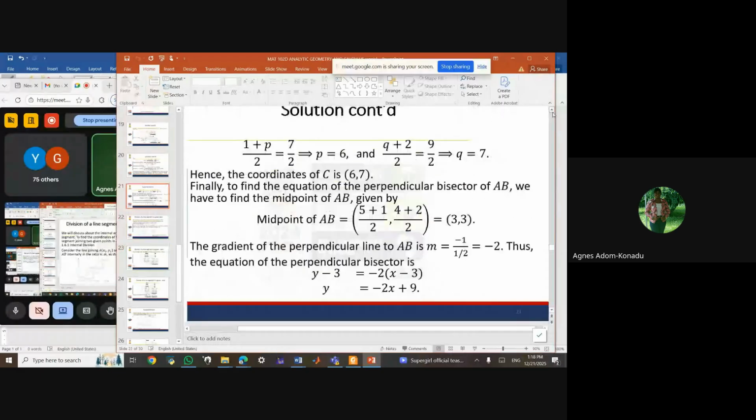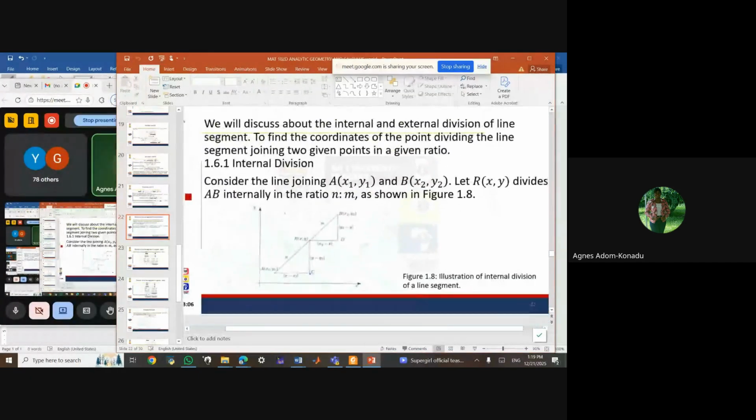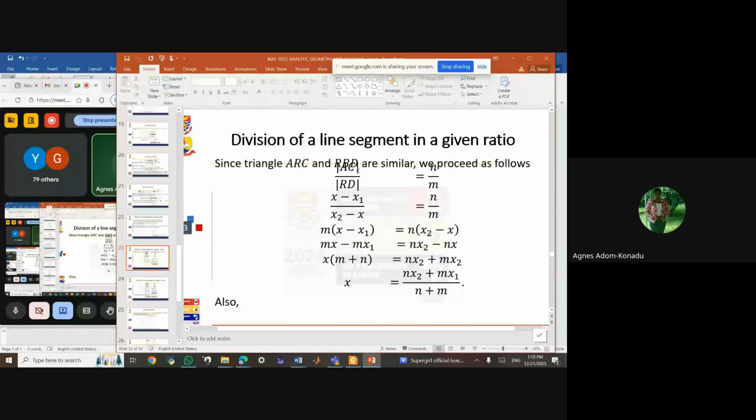But here it's given in a certain ratio. So here my AC divided by my RD will be N divided by M. This one is a given ratio. So I have the distance AC divided by the distance RD, and this is equal to N over M. So I have AC over RD is equal to N over M. And then I know that my AC,